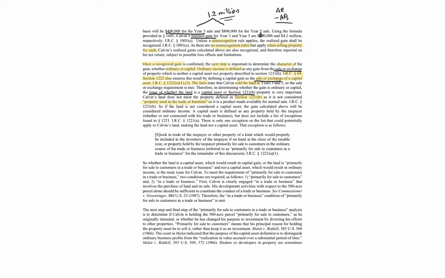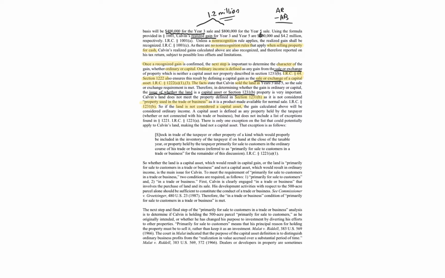Here, though, the land is what's being sold. It's like the end idea. I don't want to use the term inventory because we're going to talk about whether this is inventory or not in a moment, okay? So that's why it's not section 1231B property, because it's not property used in trade or business. And I put the reference to section 1231. So if the land being sold, and that's the 300